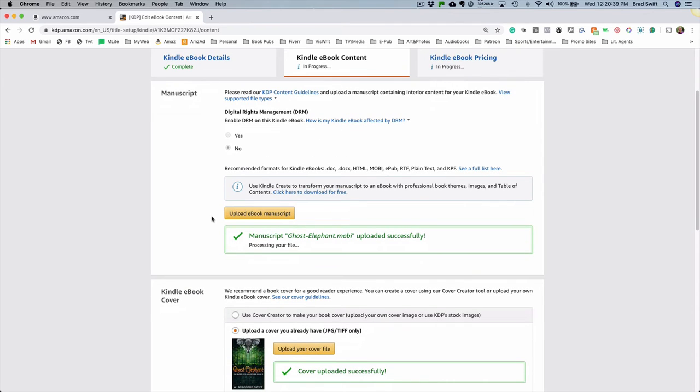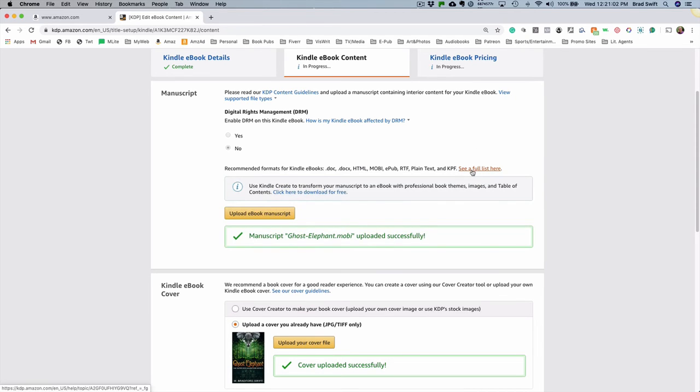Now you want to upload an ebook manuscript, and you can see here that the recommended format for Kindle ebooks can be doc, docx, HTML, MOBI, EPUB, RTF, plain text, and KPF, which I have no idea what that is. And it says CFO list here. Now, I generally use either a MOBI that I've already had created elsewhere, or Word doc, but you can experiment with the different options